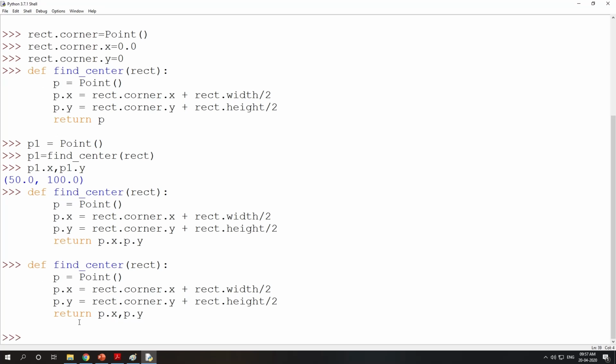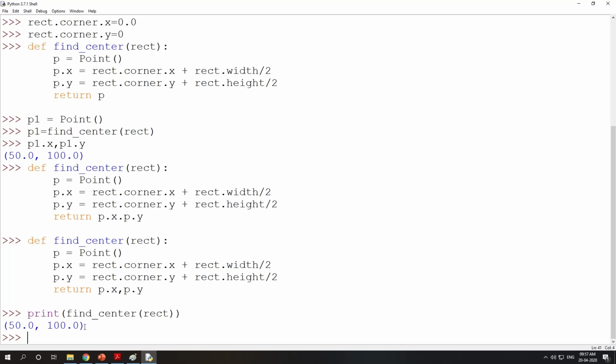Now you need to print the values of x and y. Just print and call this function. Now it is not returning an object, it is returning attributes. So it will show you 50 and 100.